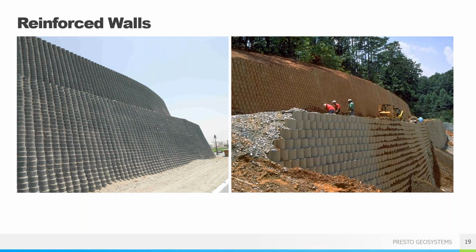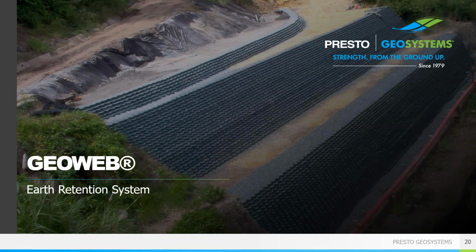But sometimes when you're looking at very steep walls, it may be very beneficial, and we can help you with this, to look at multiple tiers or shorter height walls rather than just one single wall. This is because, like I said, with that 70% tieback rule of thumb, when you're looking at one very steep wall versus multiple tiers, that'll really cut back on that tieback length. So like I said, we can help you with that if you're looking at some type of design.